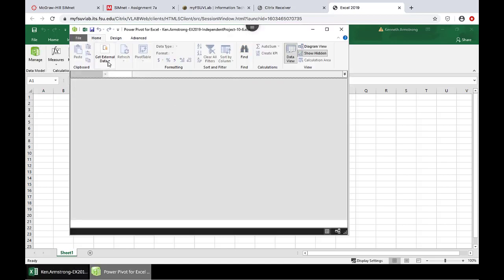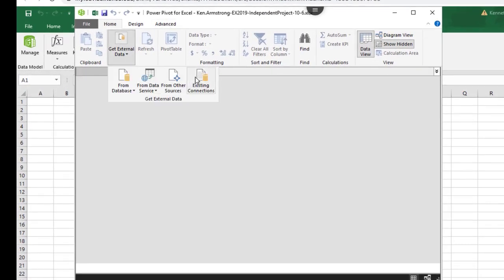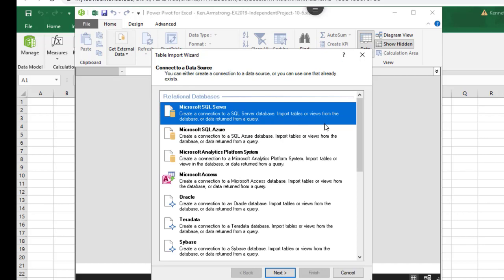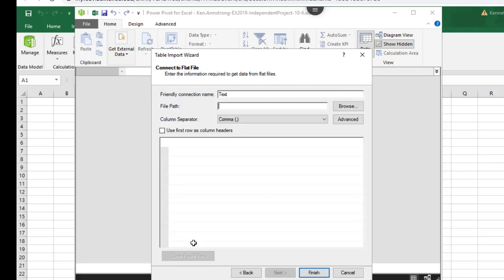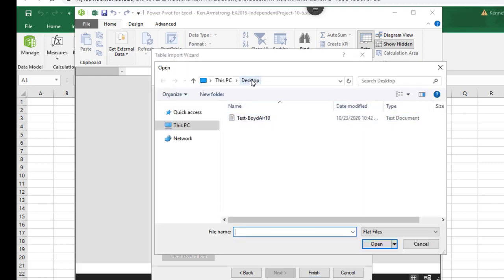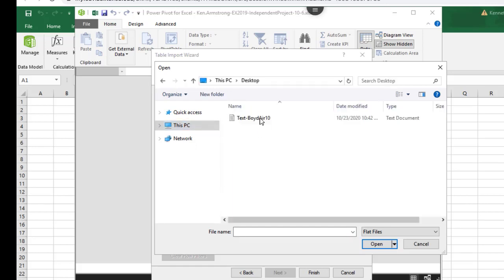Now for this assignment, it's not that big of a deal because each of these assets are really pretty small. But in real life, these could be terabytes in size. So I'm going to hit the text file and then browse and go to my desktop. If you don't see desktop there, click on This PC and then desktop, and then there's the text void air